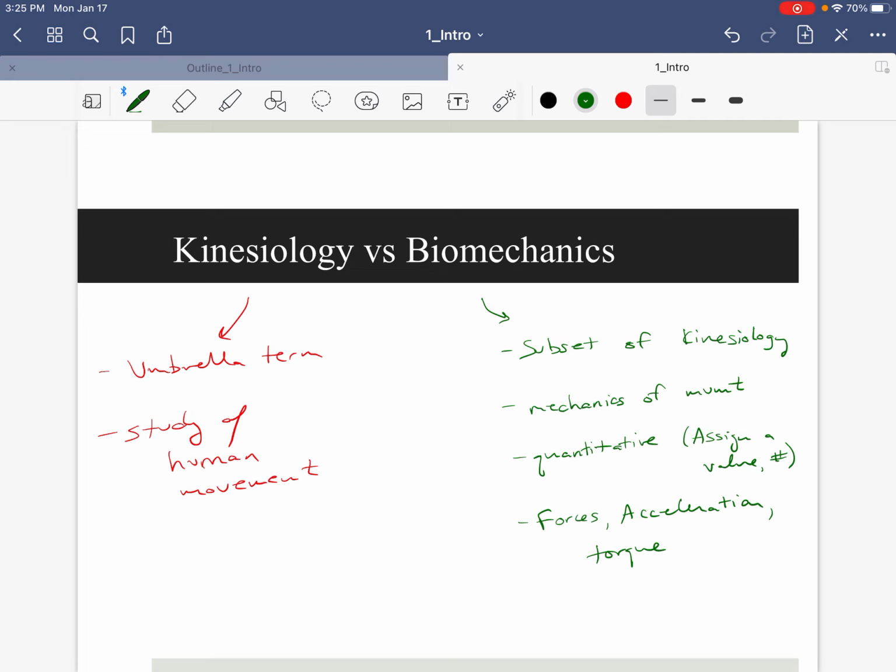When we talk about the study of human movement, overall, it's more qualitative. So if we're talking about the overall study of human movement, the umbrella term, we're being a little bit more qualitative, which means more descriptive. So what are some examples of a more qualitative approach? We'll be discussing this later, so I'll save my breath, but we'll be talking about